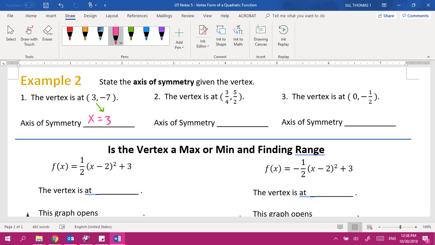So what's your axis of symmetry on number 2? 3/4. X equals 3/4, right. And then x equals 0 for number 3, exactly. Right, so that's not too bad. All right, now,